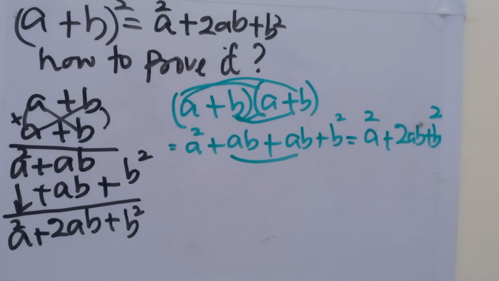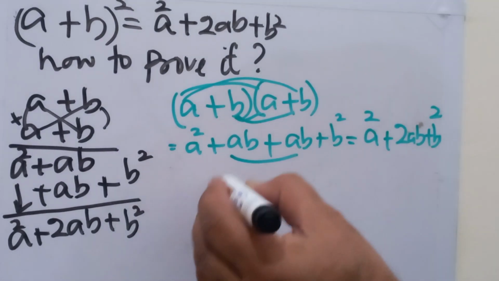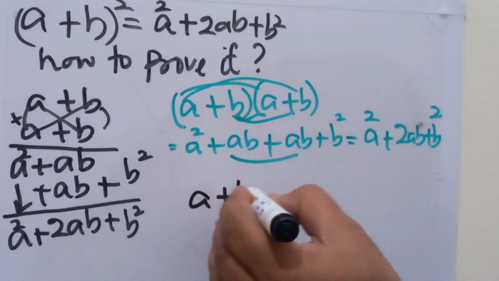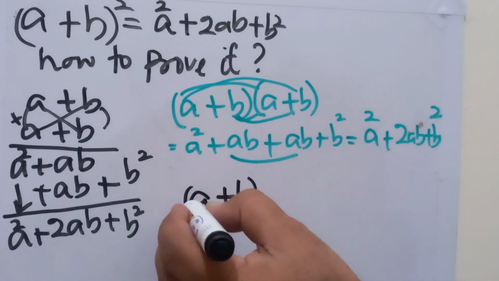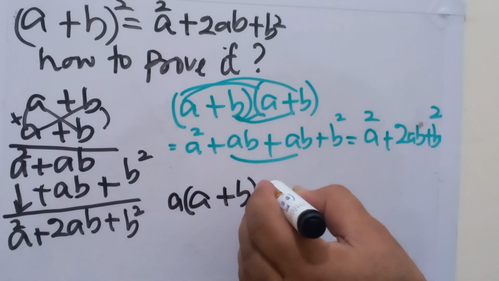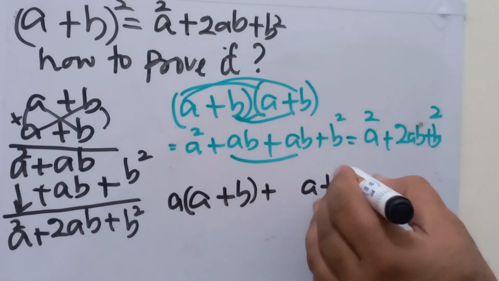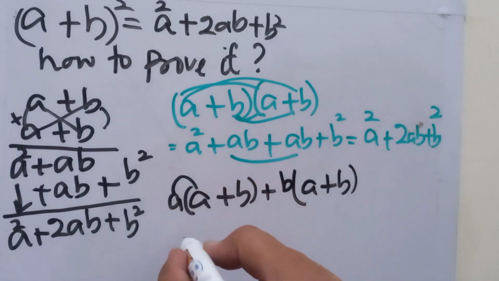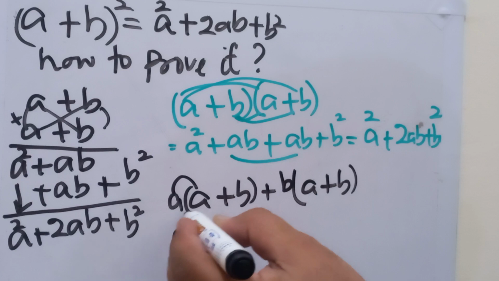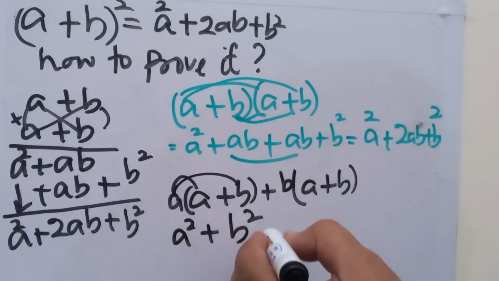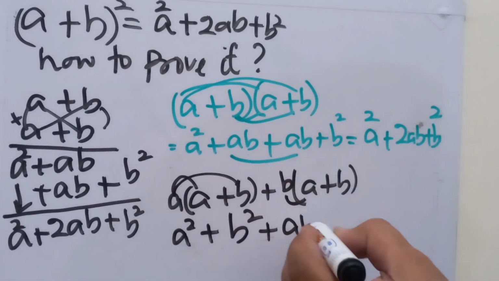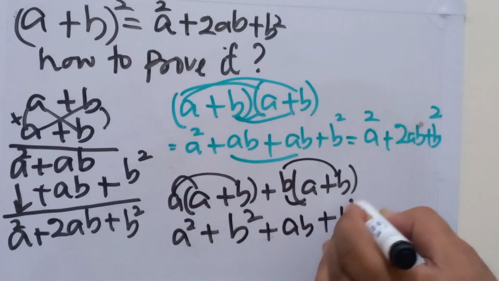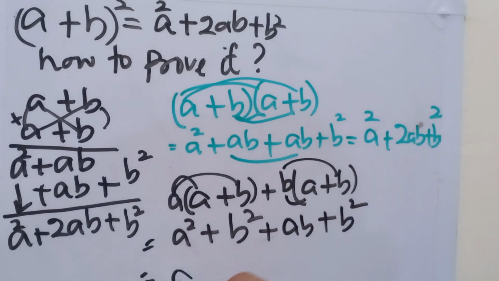There is also another possibility as to how to prove it. इसको हम प्रूव करते हैं. मसलन a plus b को लिखते हैं, इनके साथ a मल्टीप्लाई करते हैं, यहाँ पे प्लस डालते हैं, और a plus b को लिखते हैं, इनके साथ b मल्टीप्लाई करते हैं. तो मल्टीप्लाई करें a square plus ab plus b square equals